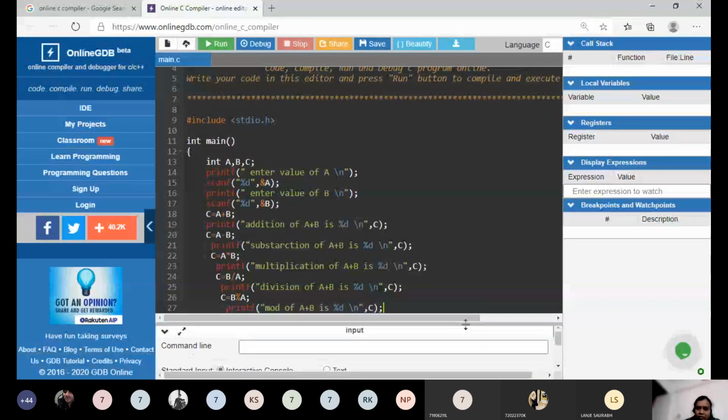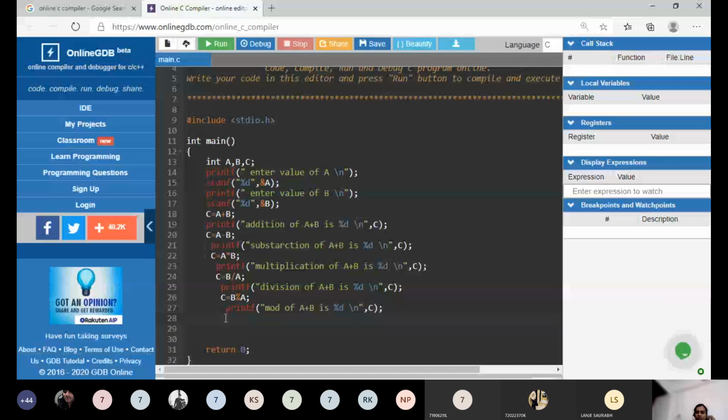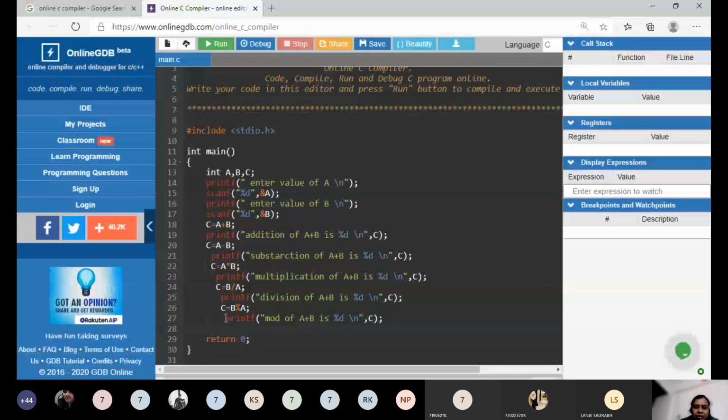So now if I take the value of B equal to 20, A equal to 10, what answer should I get for B divided by A and B mod A? Okay. Somebody unmute and tell me. If I say B equal to 20, A equal to 10, what answer should I get for B divided by A and B mod A?